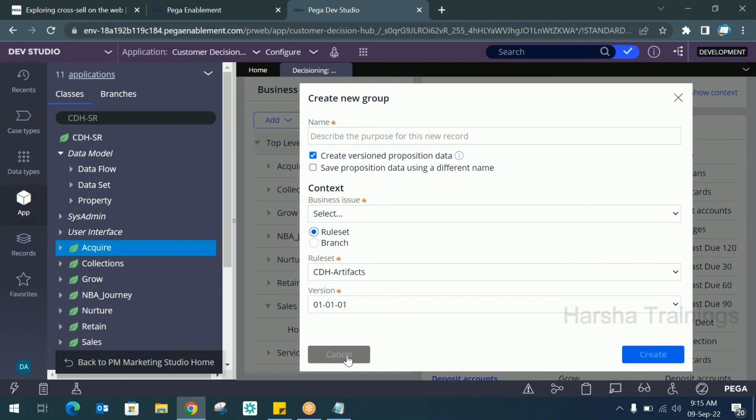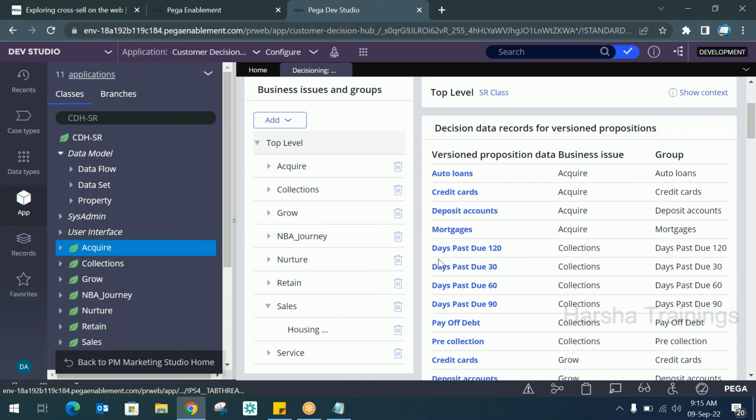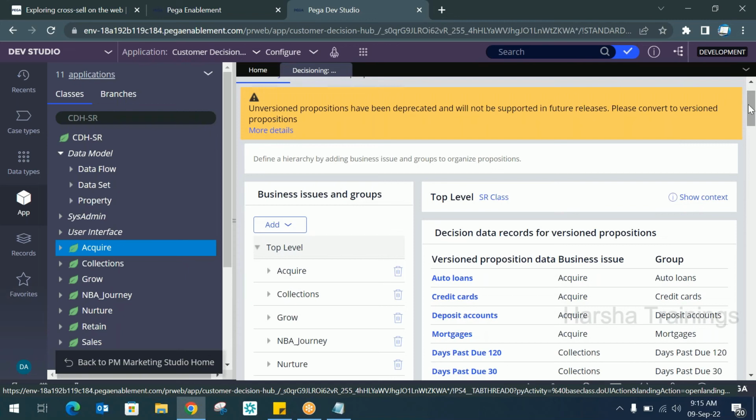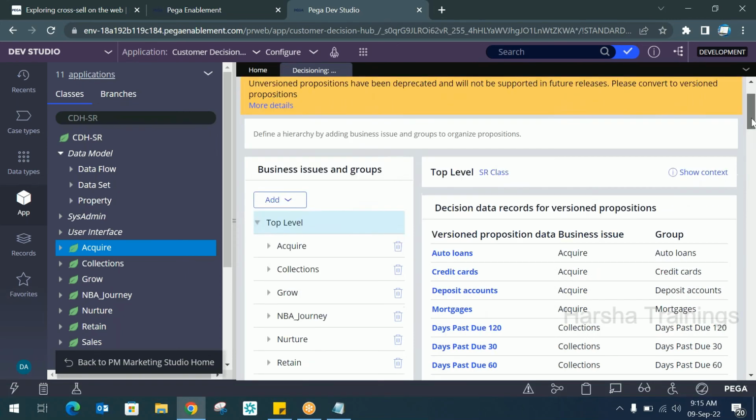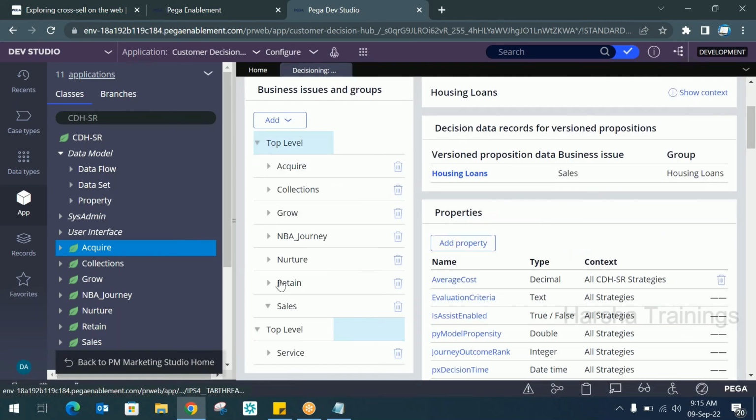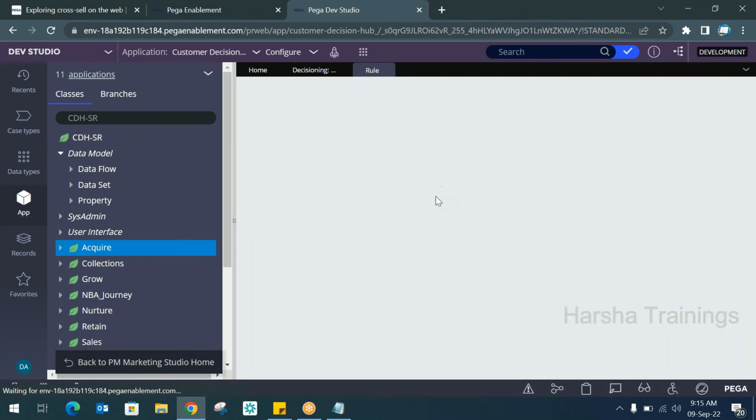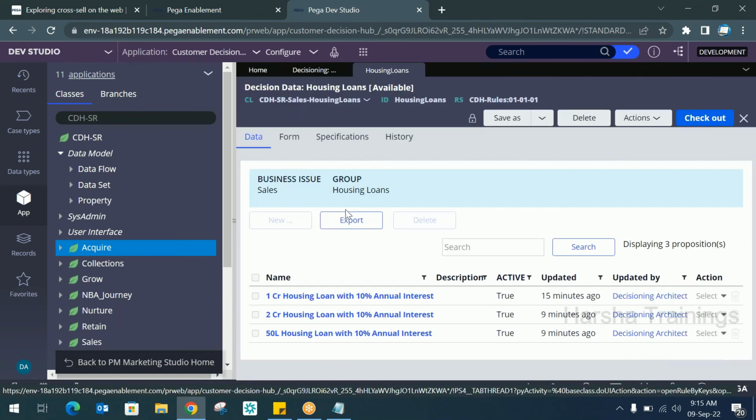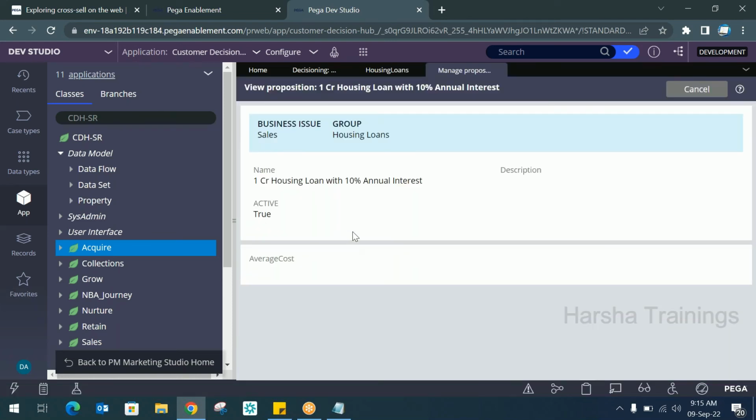Why do we use versions? In order to track the changes, and every time a new requirement comes, you will generally save as the rule into the highest version, right? Same thing here also. Today I created a housing loan group. In the housing loan, I added three propositions: 1 crore loan, 2 crore loan, and 50 lakhs loan. The annual interest for the 1 crore loan is 10% today,